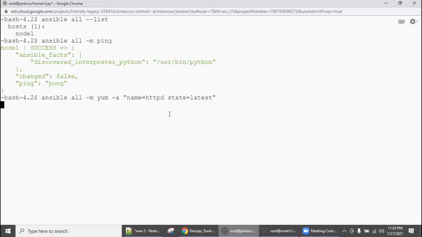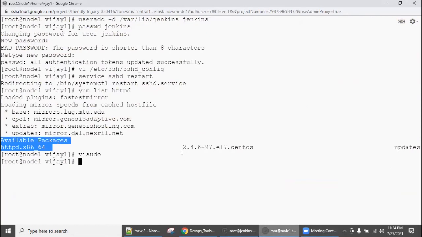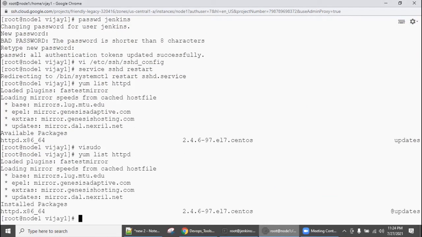This is how you need to practice and learn, because step by step with option A, also try option B, or else try option C. If you study like this, you need not fear any interview or client discussion, even if you are not working real time, because this is the real time, right? So it's working. So go here, successful, there is no error. Again run yum list httpd. See here, now it's installed. So Ansible is perfectly working, but we don't want to keep the installed state.